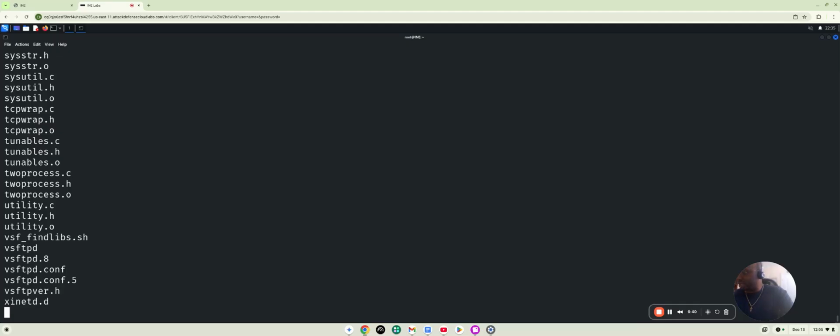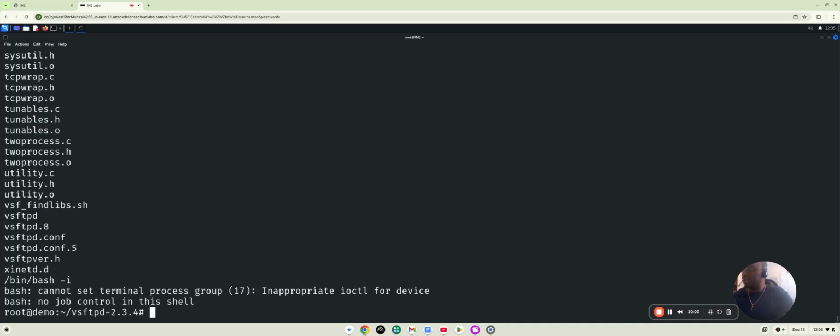So let's say I wanted to start a bash session here. I would type in the command that launches bash sessions, which is bash, dash i. This should open up a bash terminal for me, as it does. So you can see that that's changed. If I say sysinfo,